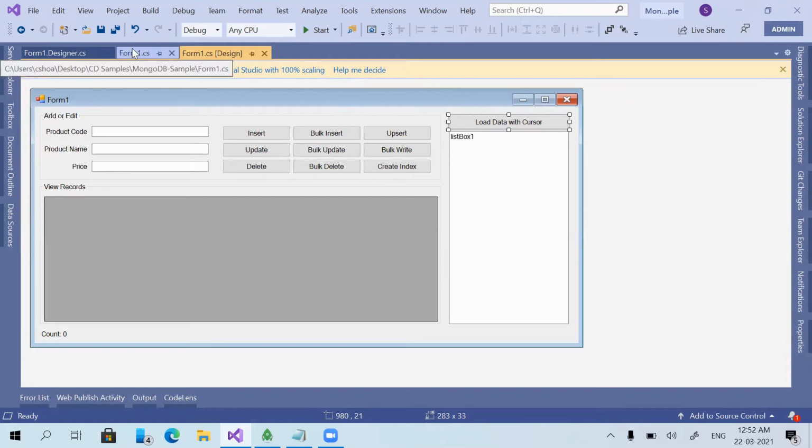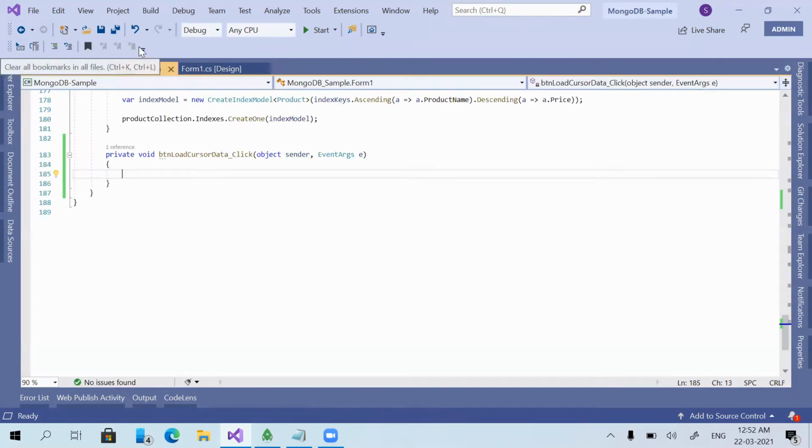But just think, if you have some 5 million records in your collection and you load all 5 million into your memory, it will consume a lot of memory. Sometimes your memory might not be sufficient to hold the entire data. If you have billions of records, your memory might not be sufficient. At that time the application will throw an error and the application will get stopped. Now let us check what functionality we have in MongoDB to overcome this scenario.